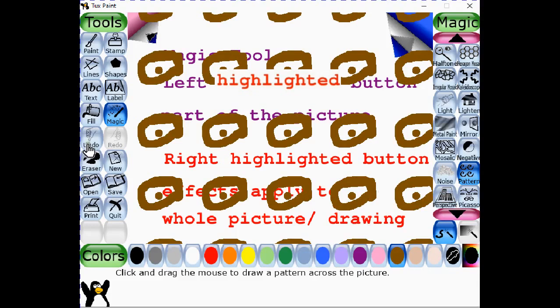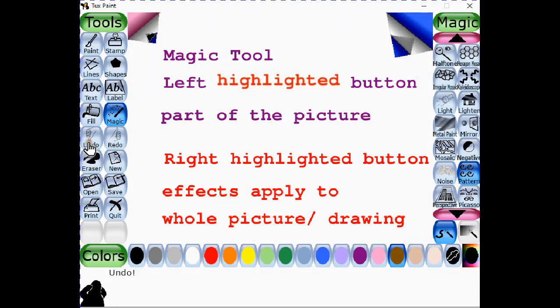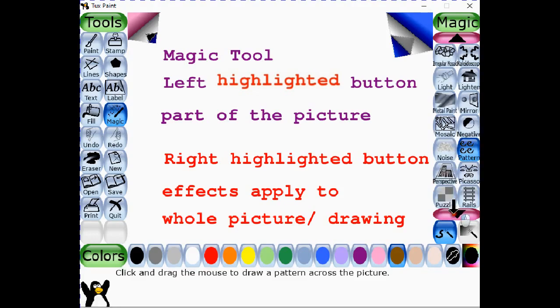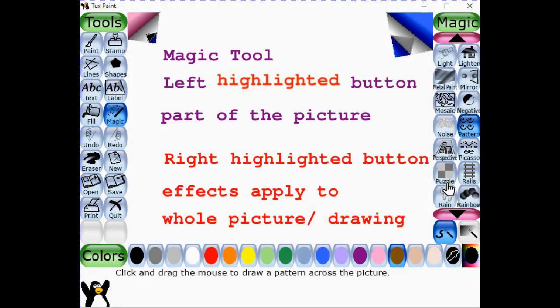Now here again I will use the undo option. I undid my work. Now when I scroll down, you can see there are options of puzzle, Picasso, rails, and drops even, and the rainbow as well.